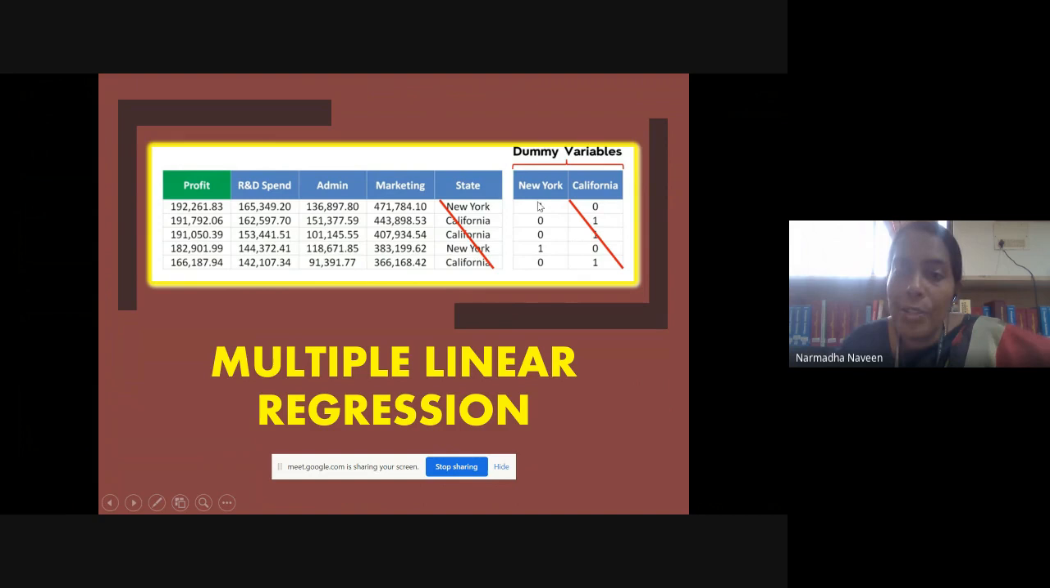If the organization operates in New York, it doesn't operate in California. So if the organization doesn't operate in New York, it's going to operate in California. So with one of the columns itself, you can understand what is going to be the value for the